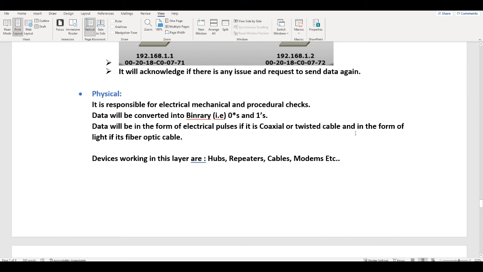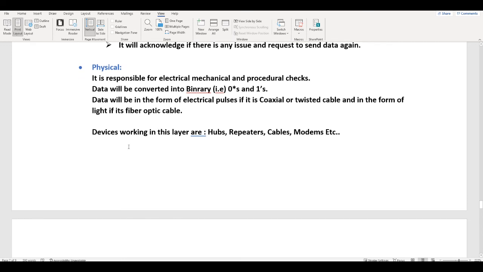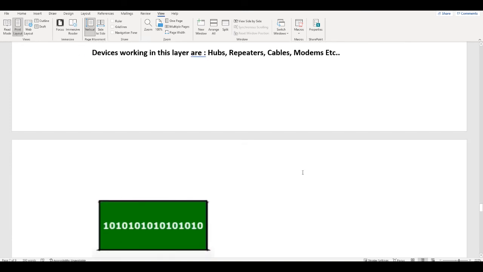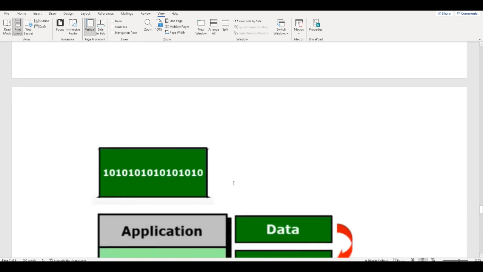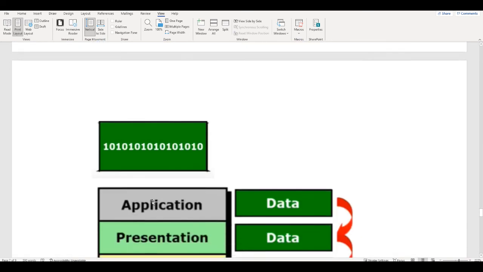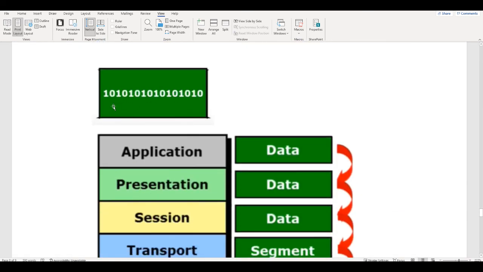But if you are using fiber optic cable, the data will be transferred as light. Devices working in this layer are hub, repeaters, cables, modems. So when data is transferred from the physical layer, it will be in binary format like 10100001.